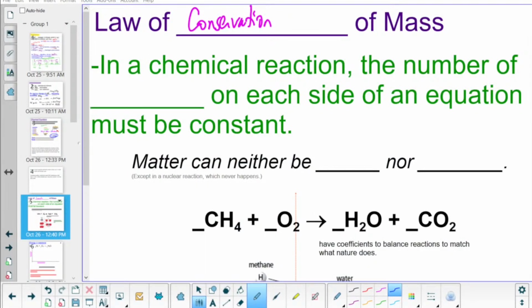Okay. Law of conservation of mass. Again, this is something you would have learned last year. This is just telling us that the number of atoms on each side of the equation is the same. Atoms: whatever you start with, you have to end up with. Nothing can just disappear. And you can't just mysteriously add chemicals.